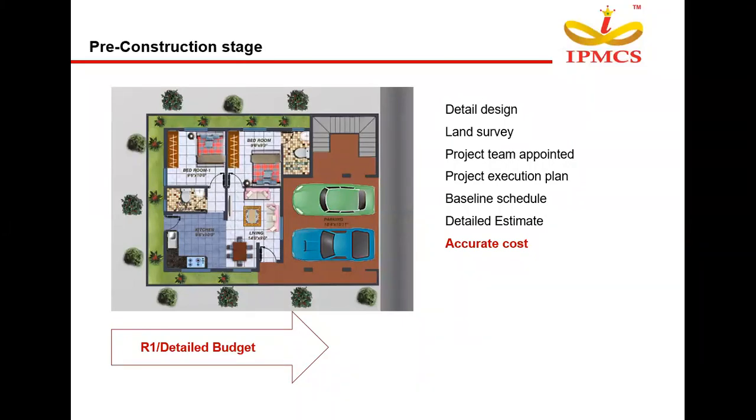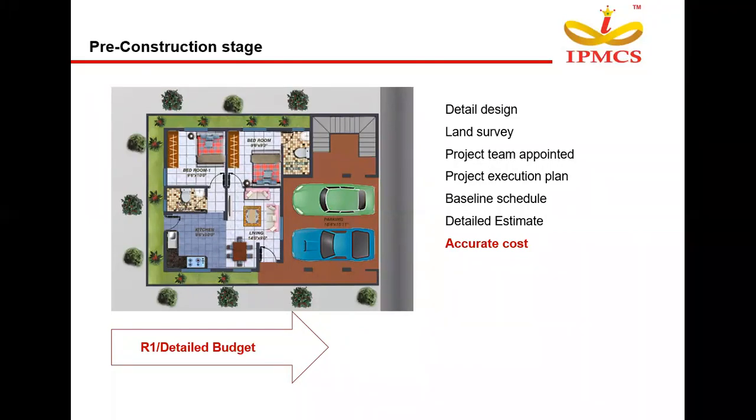And at this stage, our land survey would have been started in the project, and the project team will also be appointed. And we'll again create a project execution plan. This level will be a detailed execution plan, meaning a detailed schedule. Once this detailed planning schedule is approved by the management, it will be saved as a baseline schedule. With this baseline schedule, we have to make sure our actual execution dates don't deviate from it.